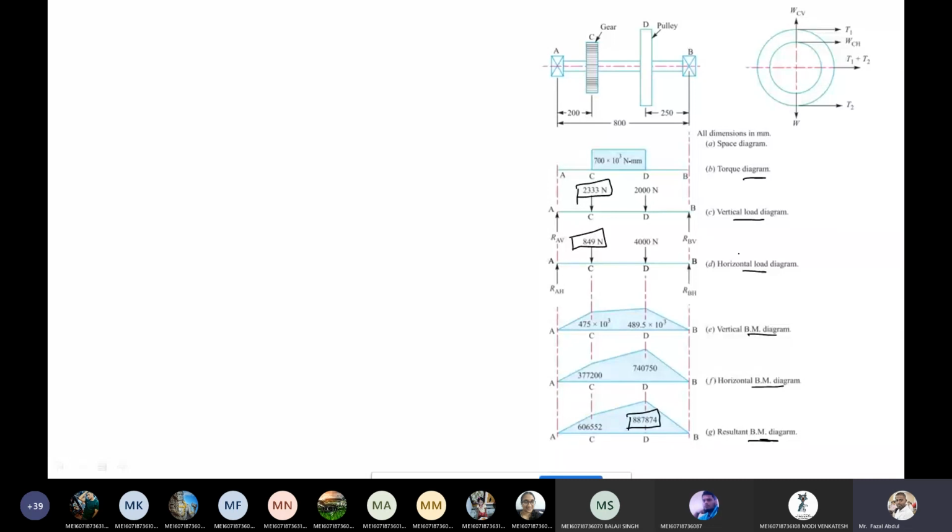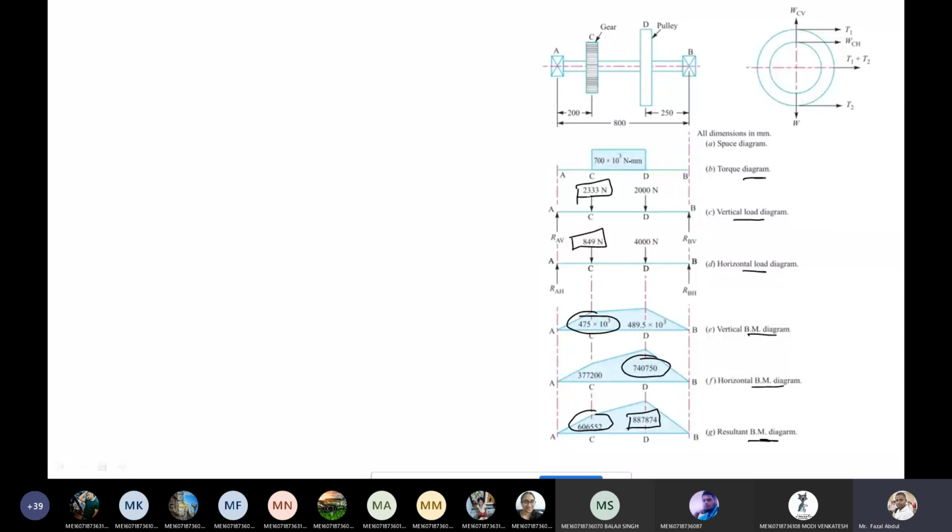So don't forget to draw this diagram. For this diagram, a weightage of 2 to 3 marks is awarded. If you forget it or make any mistake here, you will lose the 2 to 3 marks. It means the examiner is going to evaluate your marks based on this diagram only, because everything is appearing here. What is the vertical load value, what is the horizontal load value, what is the bending moment due to horizontal load, the bending moment due to vertical load, and what is the resultant bending moment. Everything is appearing on the diagram. This is the importance, because everything is represented in a diagrammatic manner.